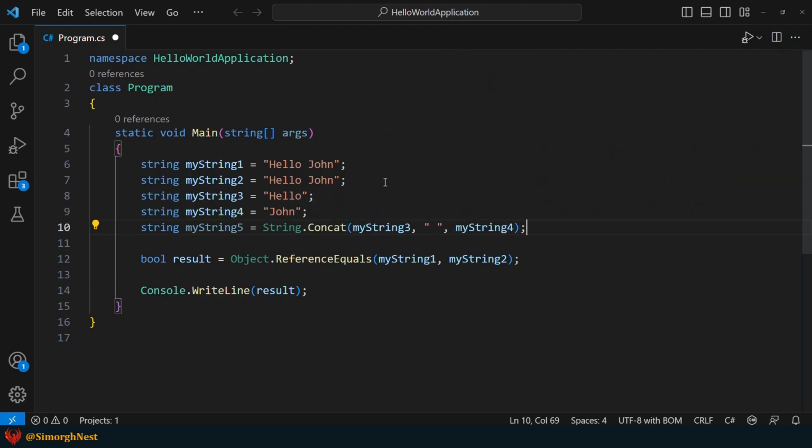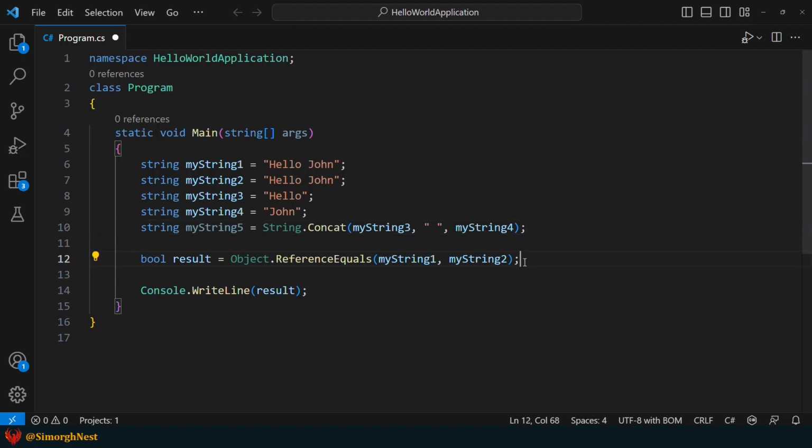Now, the value of myString5 is Hello John, and based on our understanding of the interning process, we'd expect the myString5 variable to point to the same memory location of the existing string object with the value of Hello John. However, since we assigned the value to myString5 dynamically, it doesn't undergo the interning process and instead has its own separate memory location.